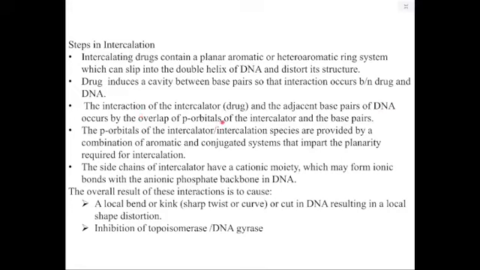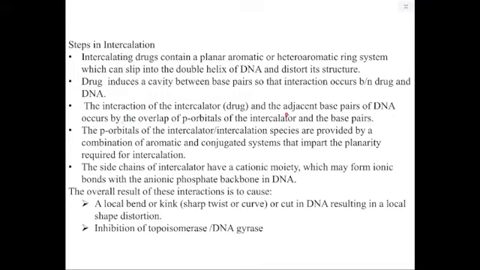Remember, when we were looking at, I believe, some time in first year, second year, you looked at the electronic configuration of atoms, and of course we are told we have s orbitals, p orbitals, d orbitals, and f orbitals. Some of these, like the p orbitals, are usually not full, because they might contain only one electron, so another electron from another atom can come and form a bond, and that's why we are saying that the p orbitals of the intercalator,